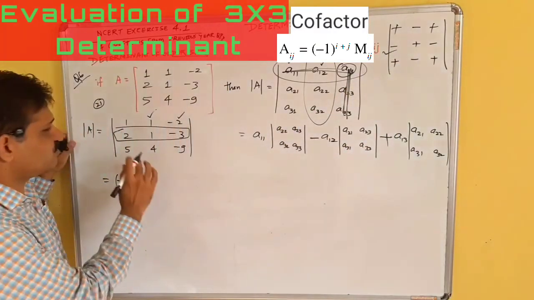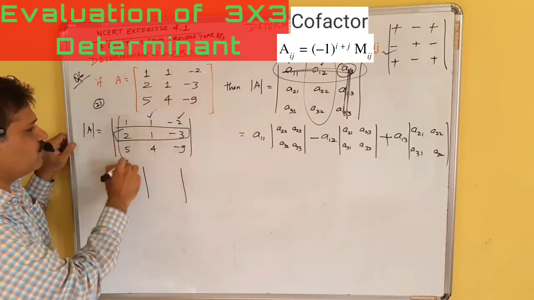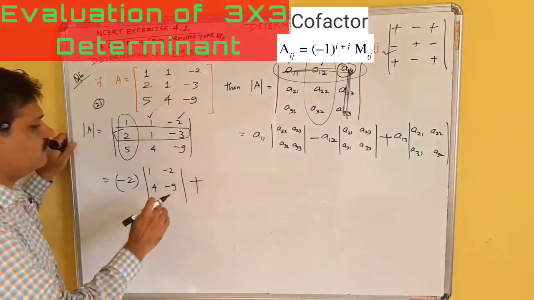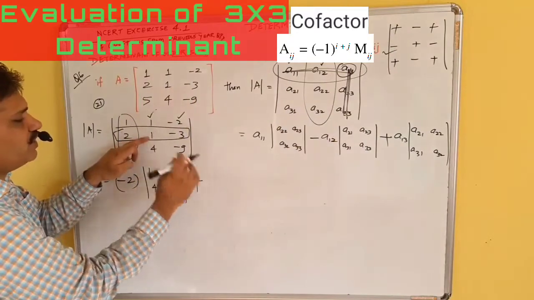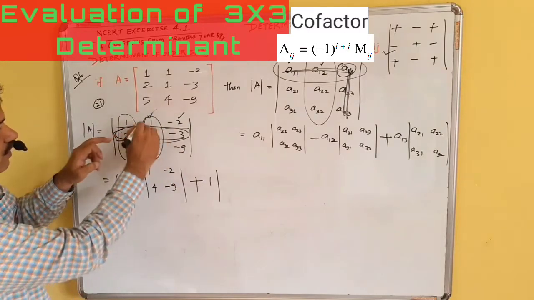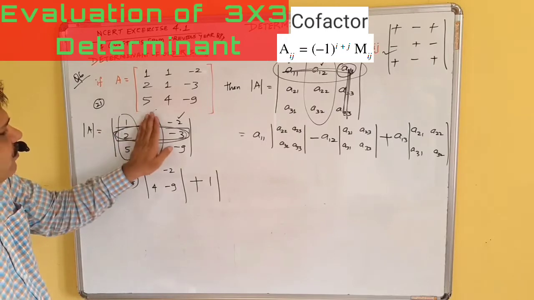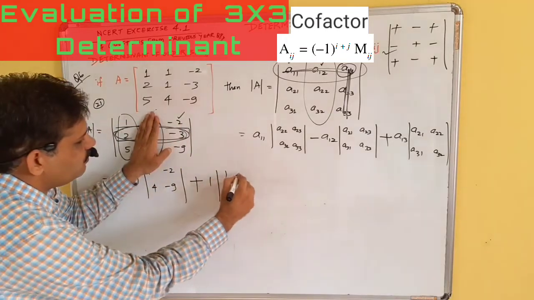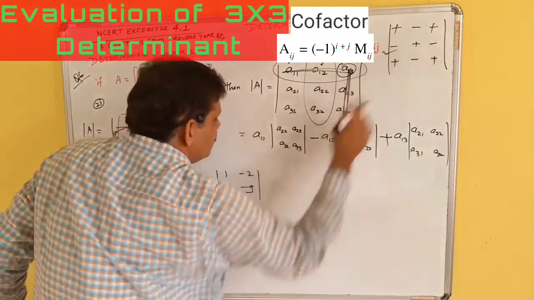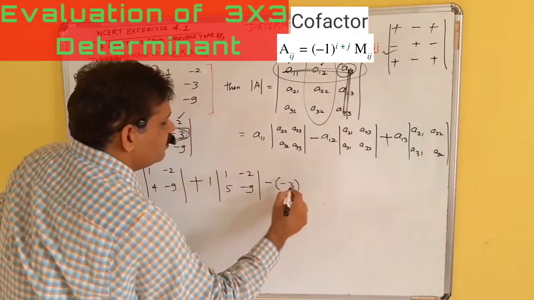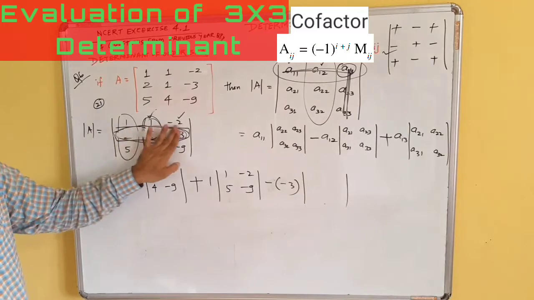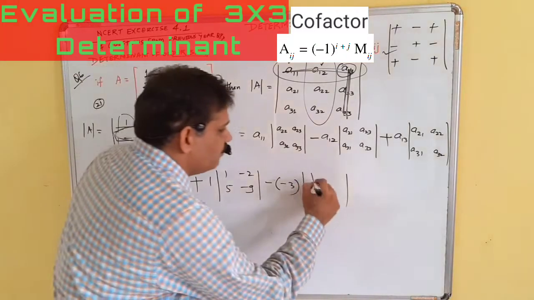क्या करेंगे? सबसे पहले -2, माइनस क्यों, क्योंकि इस पोजीशन का कोफैक्टर नेगेटिव है। -2 मल्टीप्लाइड बाय इस रो और इस कॉलम को छोड़ देंगे, बचा 1 -2, 4 -9। प्लस, कोफैक्टर कैसा आएगा? पॉजिटिव, क्योंकि ये 2 2 पोजीशन है। प्लस लगा के ये 1 मल्टीप्लाइड बाय 1 वाली रो और 1 वाले कॉलम को छोड़ेंगे तो बचेगा 1 -2, 5 -9। प्लस माइनस, इसका कोफैक्टर कैसा आएगा? नेगेटिव, क्या लिखेंगे, -3। आप बताओ क्या आएगा, सोचो। इस रो और इस कॉलम को छोड़ देंगे, तो 1 1, 5 4।